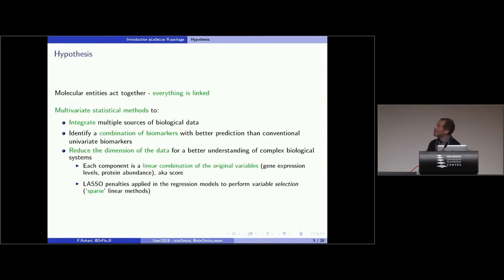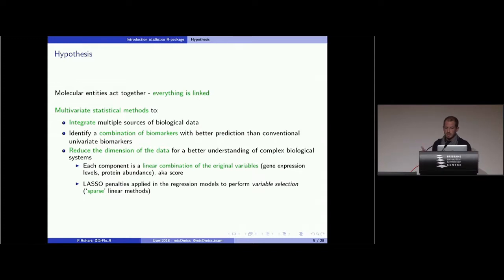There's one hypothesis behind mixomics. First, mixomics has been developed for biological data. Nothing is preventing you from using it on other kinds of data, but we haven't had access to that type of data so far. But basically, everything is linked. That's why we're using multivariate approaches: we are assuming that when you look at things in combination, you're going to have more insight into your data than when you look at one parameter from one type of data at a time. So we are using multivariate statistical methods.